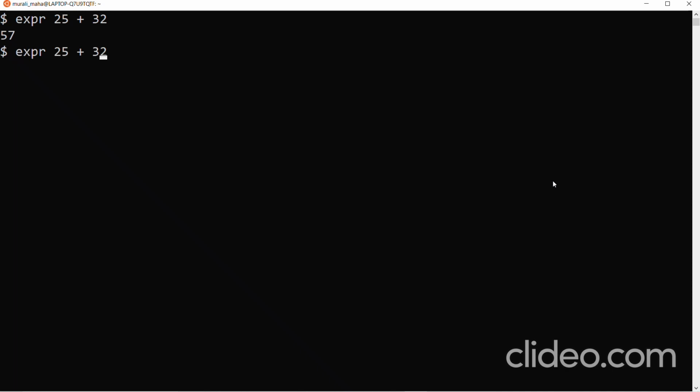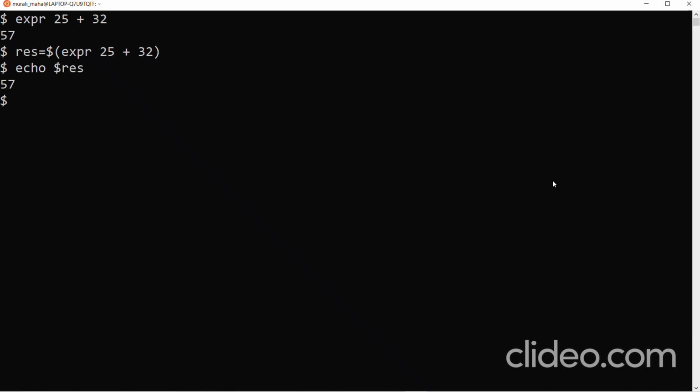So as it sends the result to the monitor, I can always give res equal to, then dollar bracket, go to the end, dollar bracket. This also I can do, echo dollar result, 57. I can assign the result to a variable. With all these commands, I would be able to assign the result to a variable, right? With bc also, I told you that we can assign the result to a variable using command substitution.